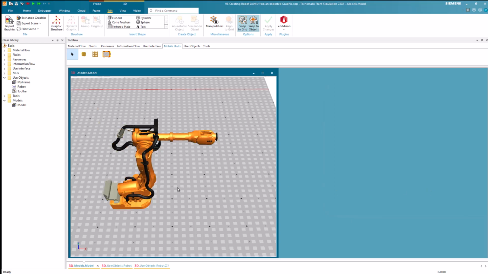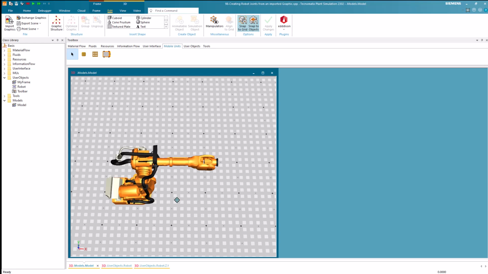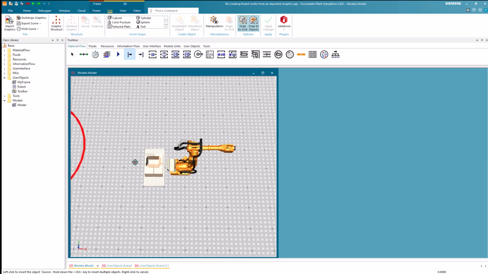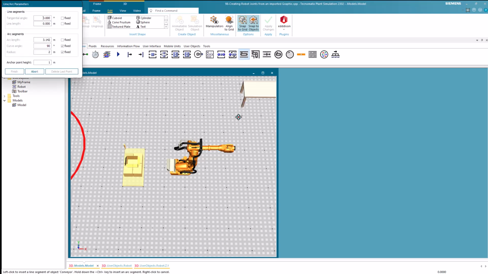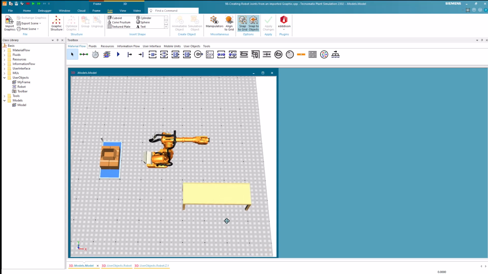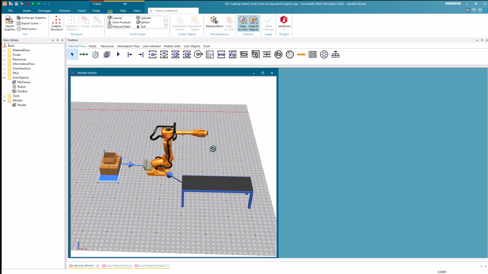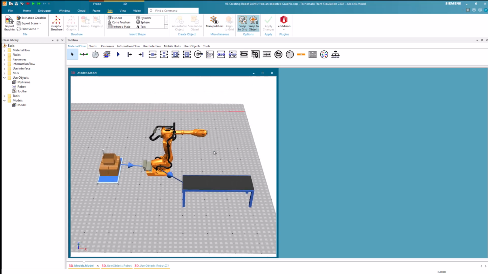To show the robot in action, we now insert a source and a conveyor. We now start the simulation.